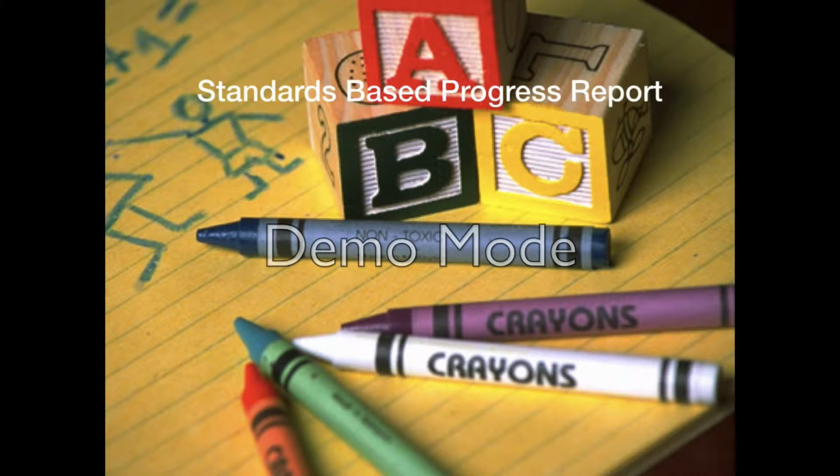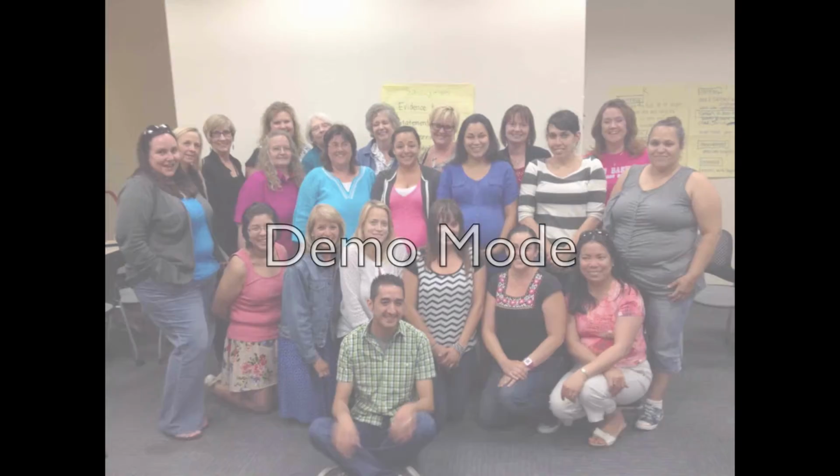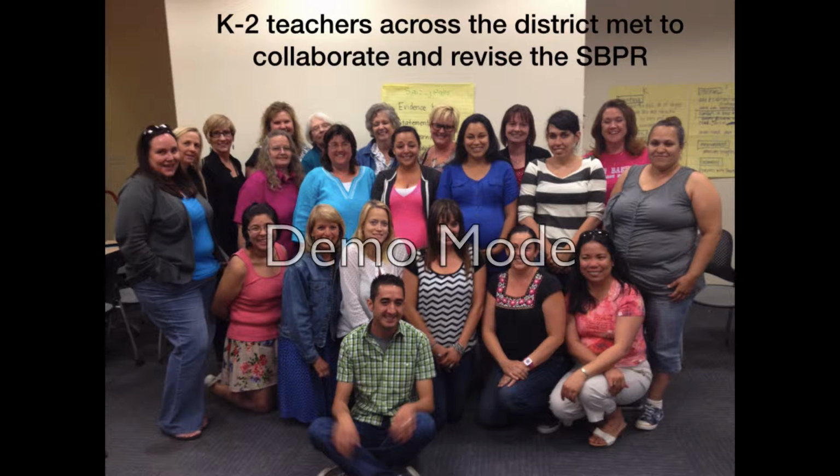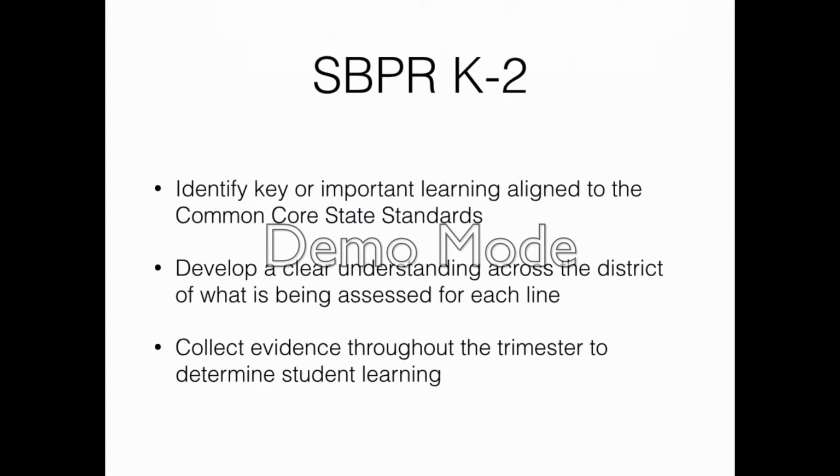The standards-based progress report was revised this summer by a group of K-2 teachers from across the district. They met to collaborate and revise the standards-based progress report so that it would meet the needs of students, parents, and teachers. Some of the changes that you will see in the SBPR include the following: